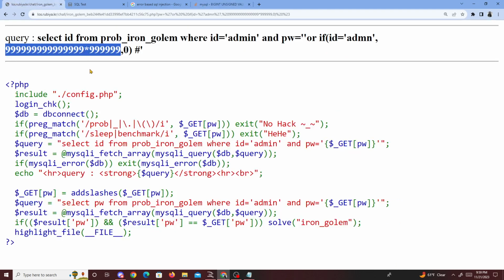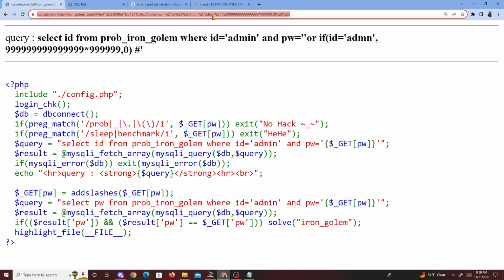What I have right here: if the ID is equal to admin is ever true, that means we multiply these two numbers and create an error. But if it's not, nothing happens, and you see right here nothing is happening in the query. So if you don't know what I'm going for, every time we have a valid true statement, all we need to do is print out an error. And if an error prints out, and I'm going to do admin,